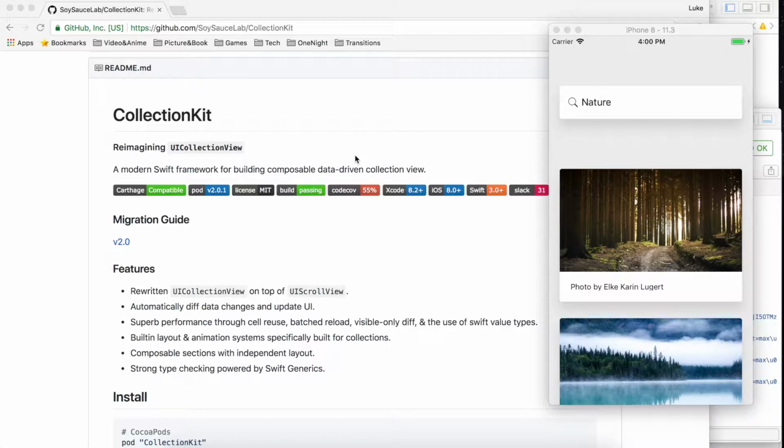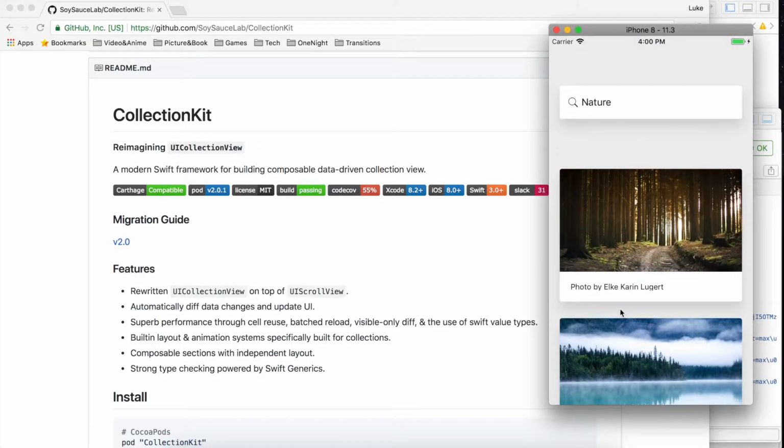Today I'm going to go through a tutorial of using CollectionKit to implement a SearchUI. It's going to be very simple and it's not scripted in any way. I'm just going to do some live coding